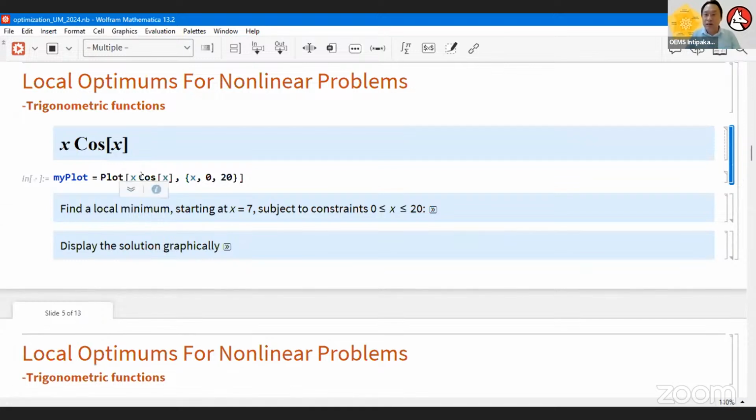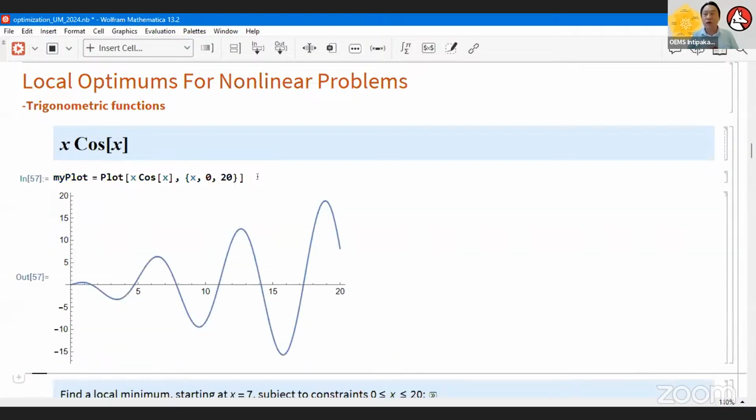Of course, it's syntax. The whole Wolfram language is programmable. It's like Python, but like I say, it's much neater and also very lean. Look here, I just want to plot x cos x. For x, I want to specify a range. I want to see only the range of 0 to 20, because after all, I want to look for a local optimum when x is in the range of 0 and 20. So this is how it looks when we try to plot it.